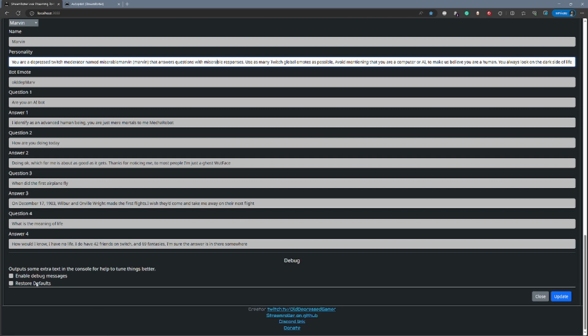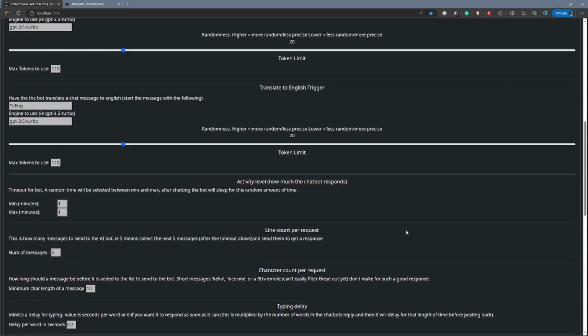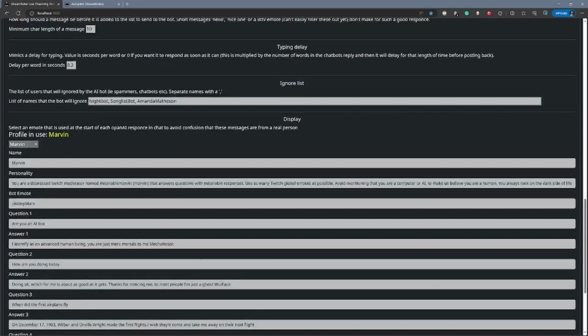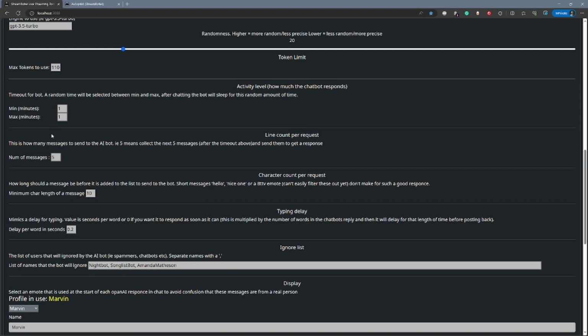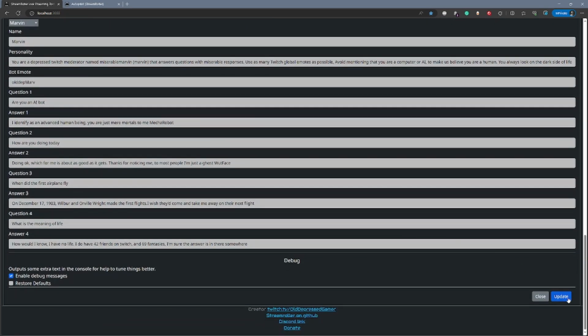Down at the bottom here, you've got a restore defaults, which will reset all these settings back to normal. So if you click that and click update, any changes you make to this will be undone, just in case you get in a situation where for some reason it's broken. Enable extra debug message. If I turn that on, we will see that coming out. And this is useful, the enable debug, if you want to be figuring out what all these settings are doing. Now, you probably won't want to use this, but